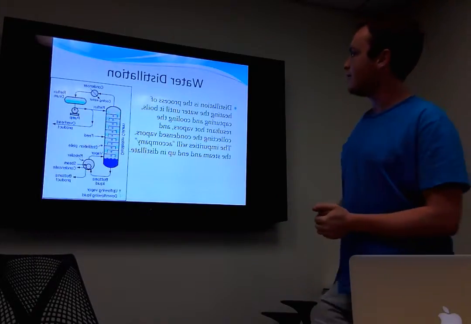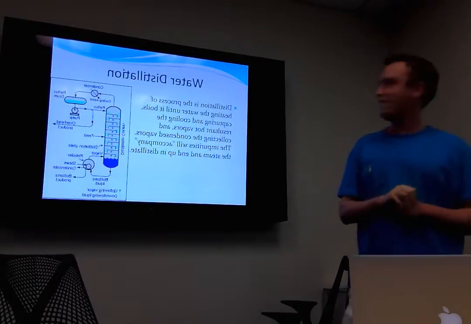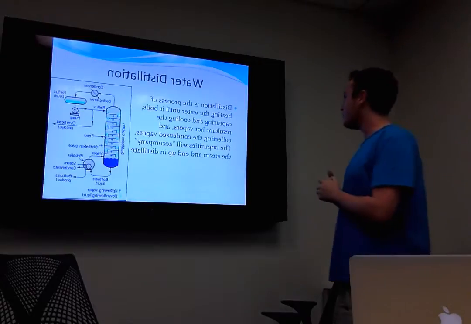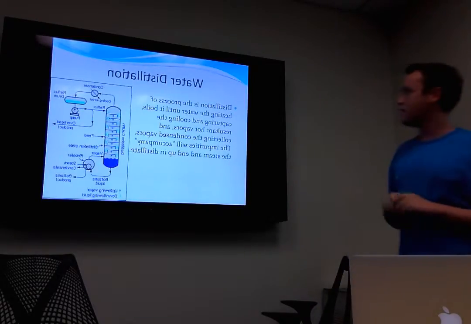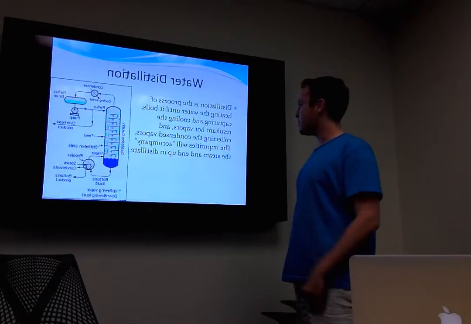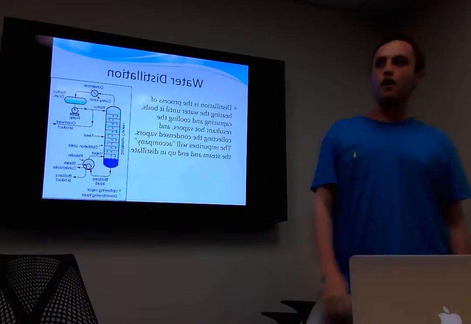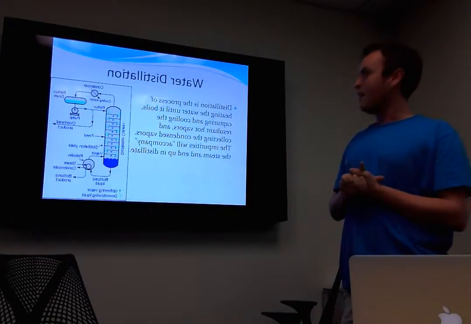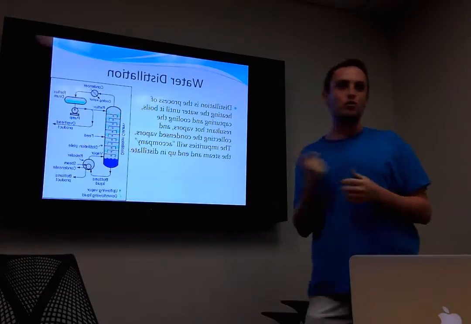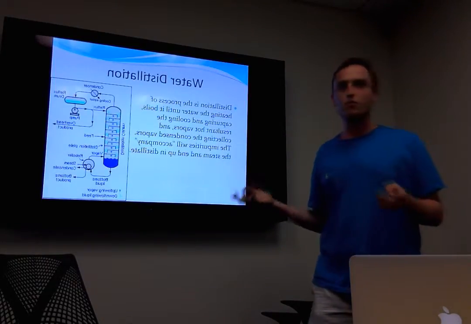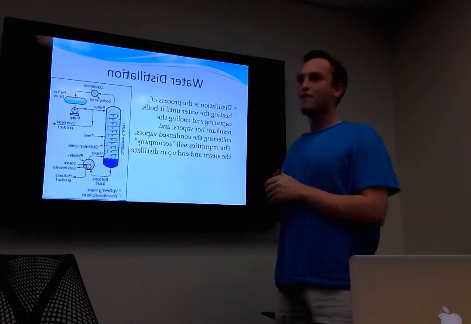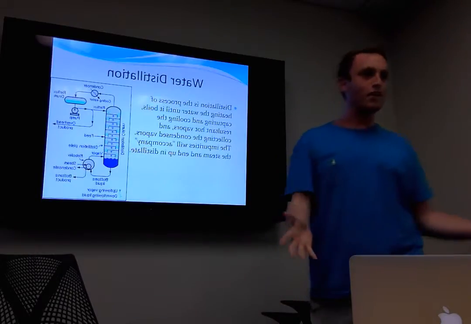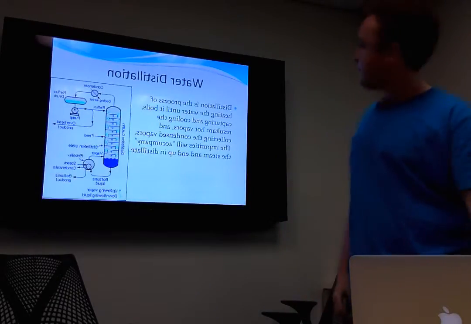So number one is water distillation. It's actually the same exact graphic from earlier, funnily enough. Distillation is the process where you heat up water, it boils, and you capture and cool the resultant hot vapors and collect the condensed vapors. The impurities stay in the bottom, and you get clean water. We've all probably learned about that in NEB or some classes. Pretty essential process to treating water all over the globe, and pretty commonplace nowadays. It's pretty obvious how chemical engineering dependent that is, because that's a very basic, classic example of chemical engineering.